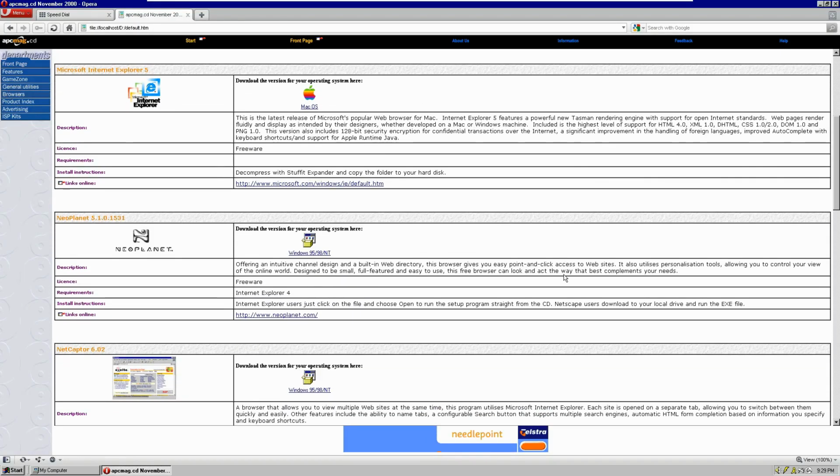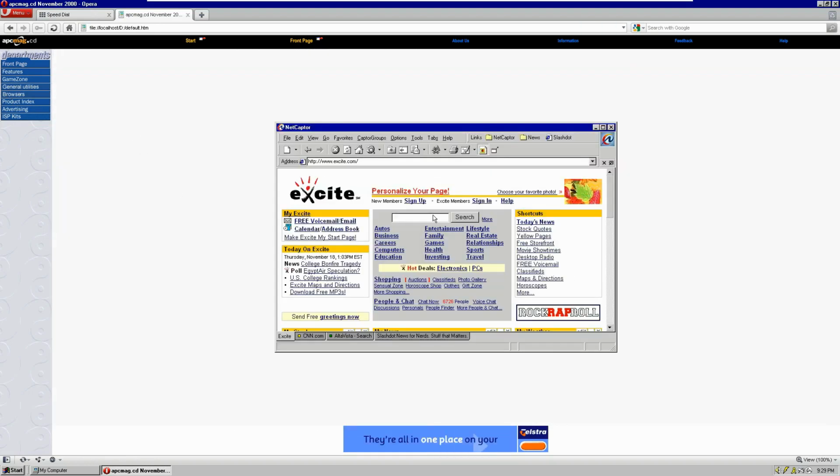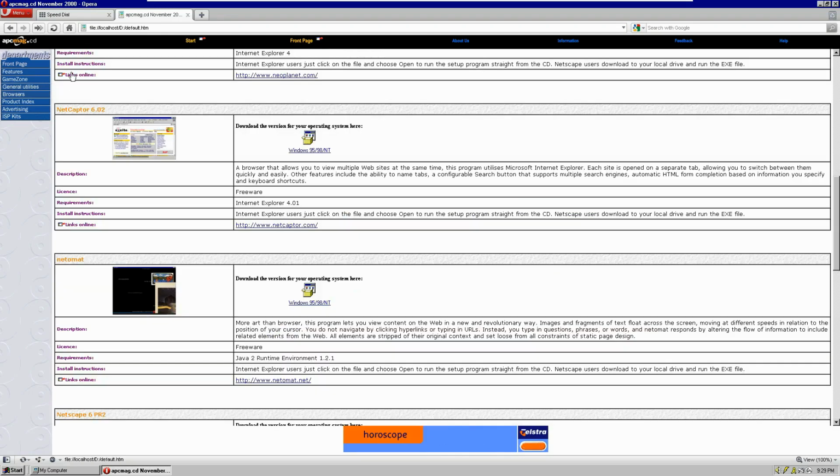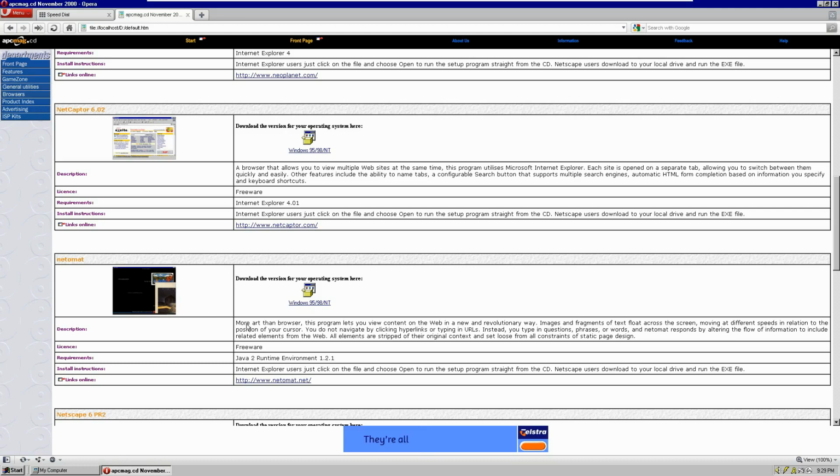So, other browsers here as well, but I'm not gonna go into this. Just looks like a ripoff of Internet Explorer. It literally is a shell of Internet Explorer called Netcapter. I don't even know how that's legal. This just looks like crap. More art than browser. And